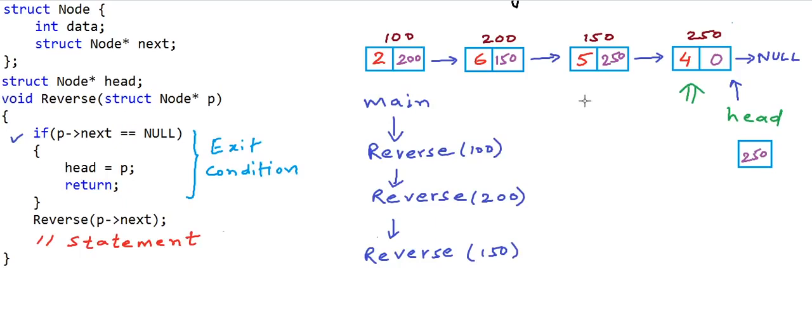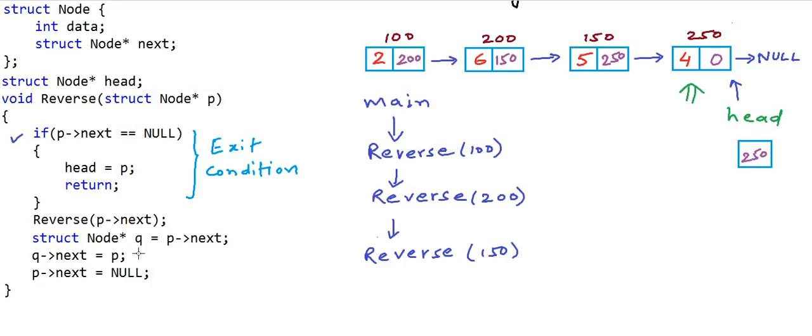Now when we come to 150, we can make sure the list is reversed till 150 when we finish the execution of reverse 150. To do that, we can write statements like this. We will have to do two things. We will have to cut this node and make this guy point to this guy. So we will build this link, and we would have to cut this link and make this guy point to null, and that's how the nodes till address 150 will be reversed after we finish this call. So I've written these 3 lines in my function